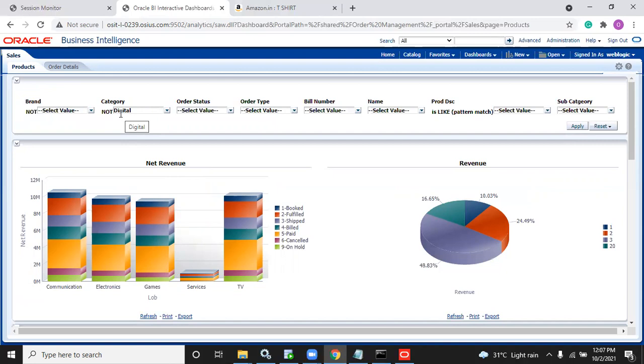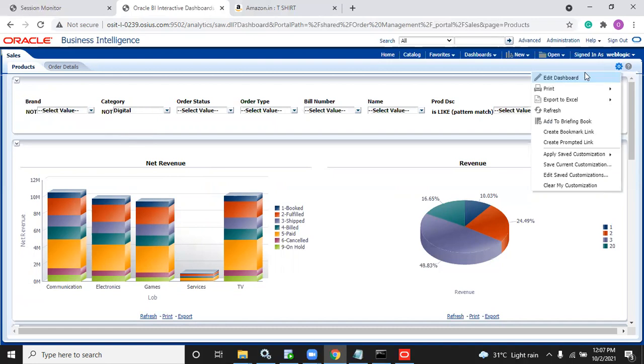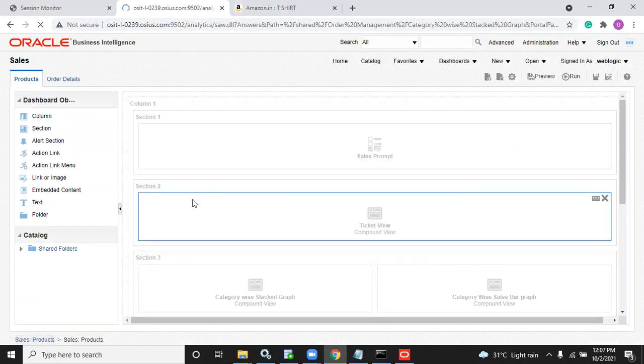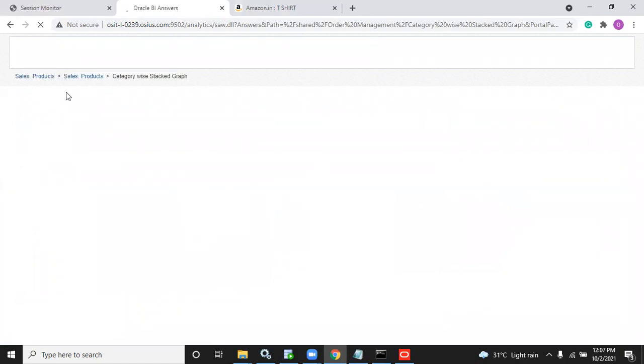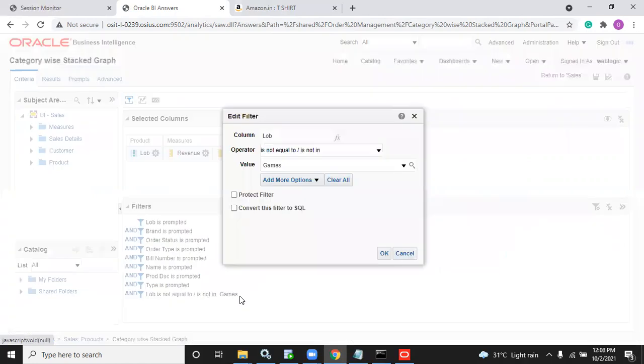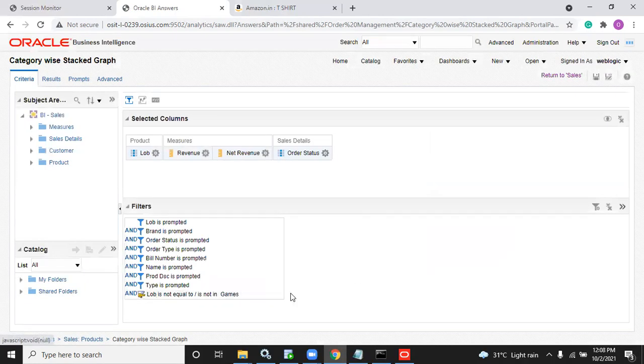So when you have a manual filter, you have to lock that, otherwise it will override. That is called protect filter. Edit this, enable this checkbox, so no one can override the value now.